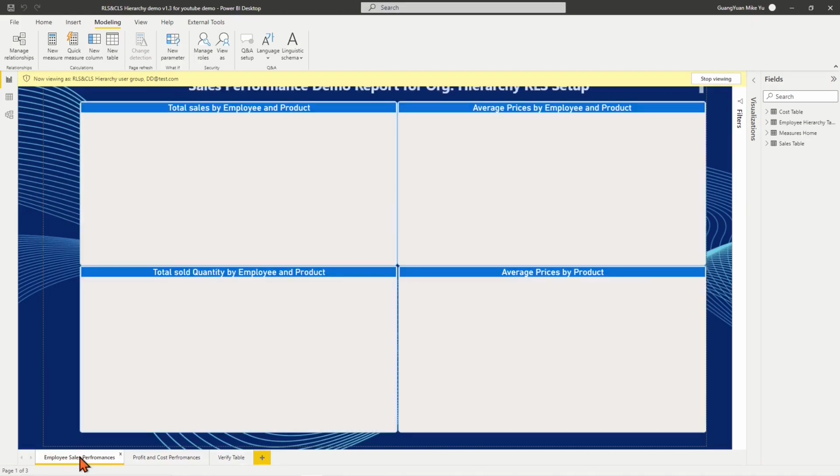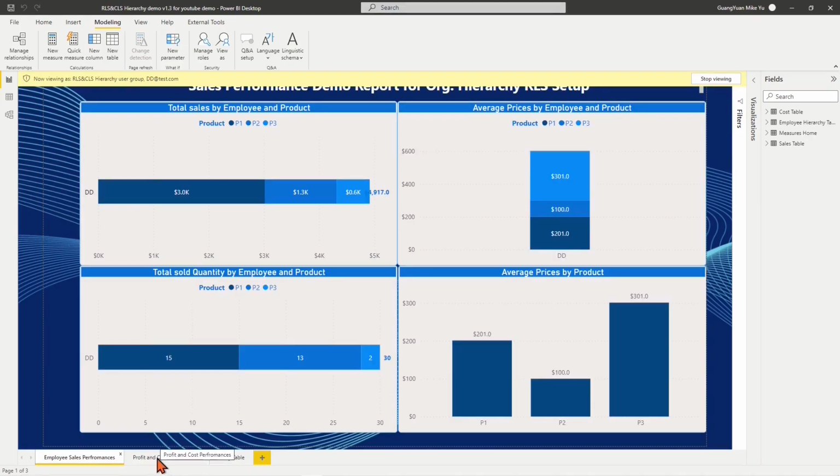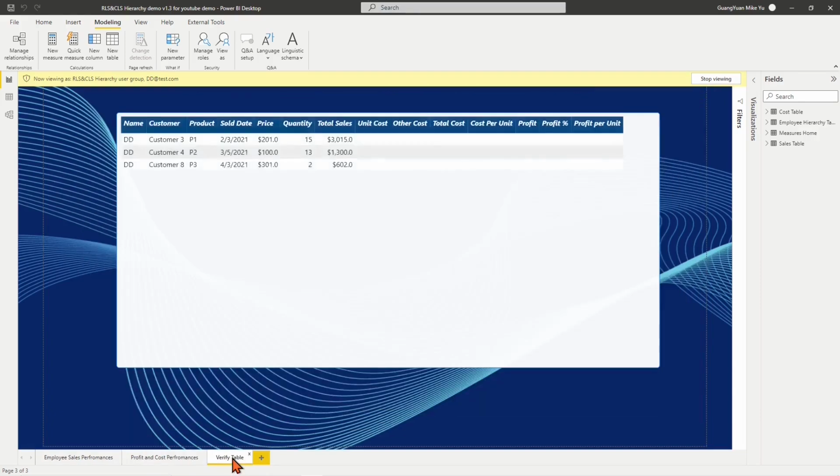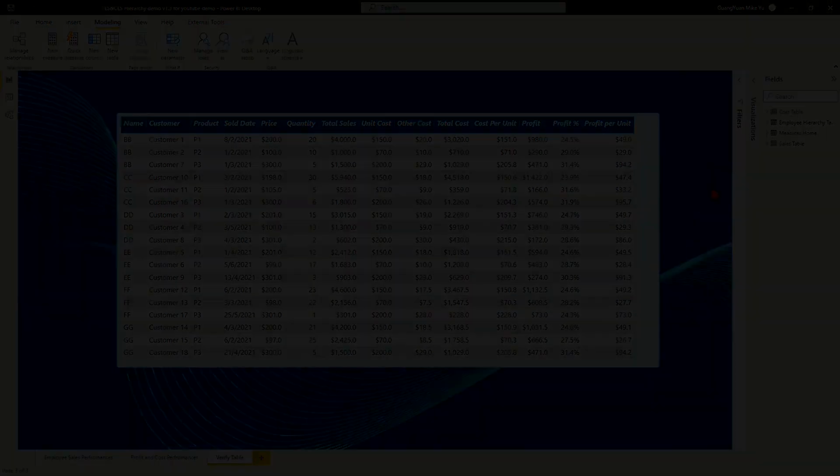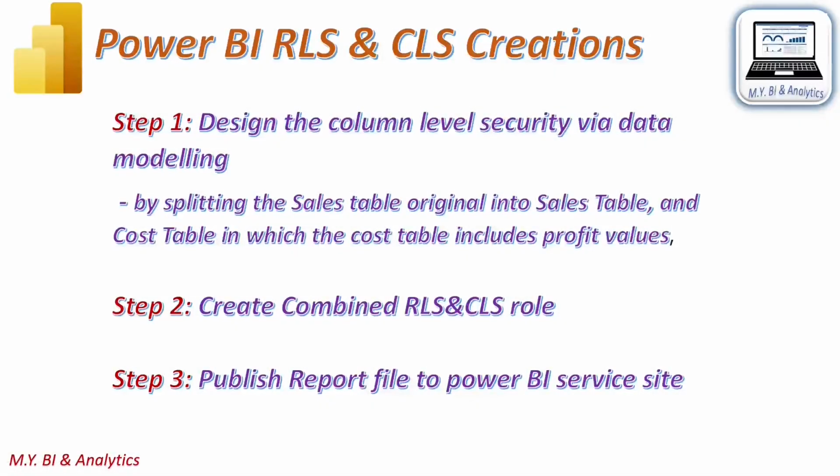Compared to Tabular Editor OLS, by this method, sales representative DD knows that cost and profit values exist in the data model but are not visible to him. In some situations, this kind of view visibility could be a useful feature in an organization. In the rest of the video, I shall demonstrate the steps on how to create a combined RLS and CLS role